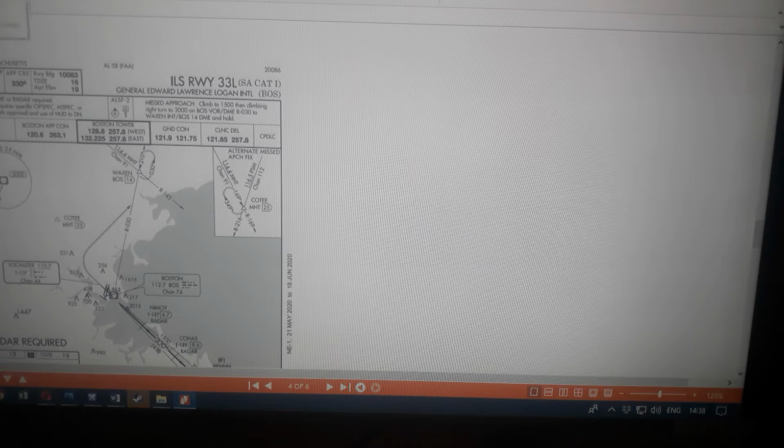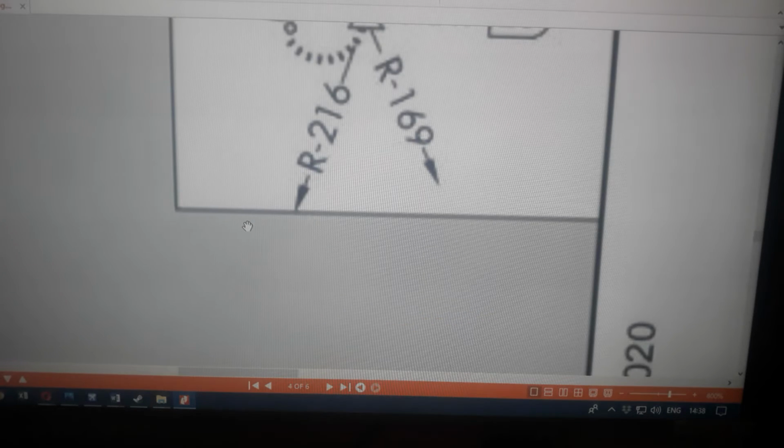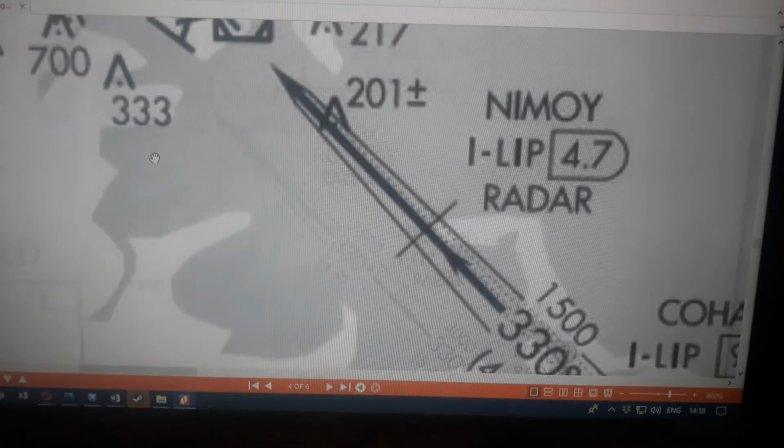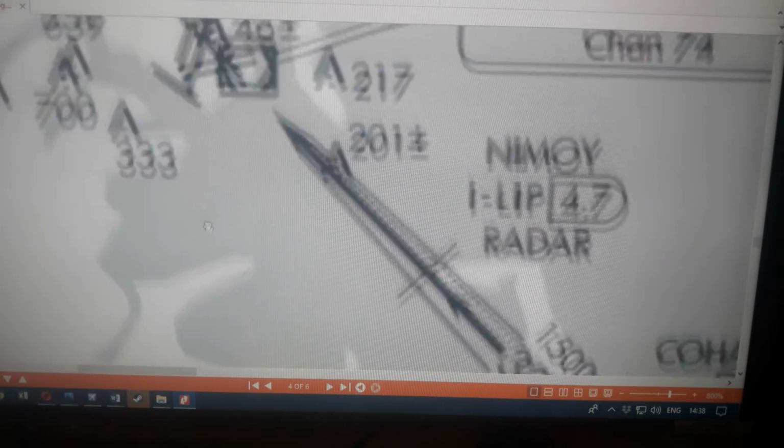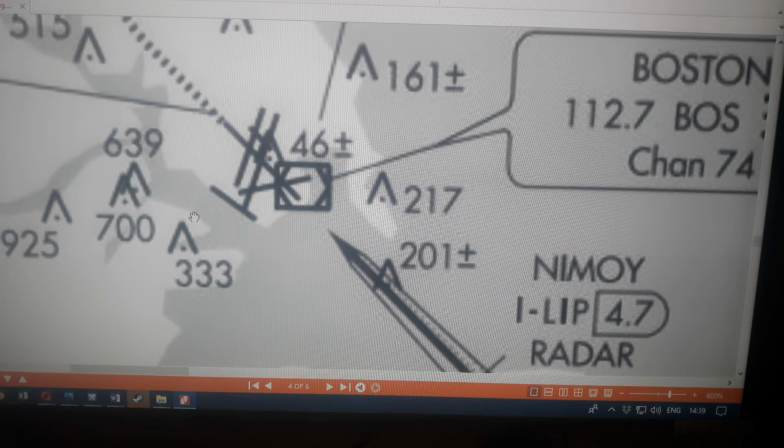I will expand it a little bit. How we look at that. Now this is the 33 runway. That is 330, this is the 330 heading. Now this is 90, 180, 270, 330, 360. So this is 330. If you want to expand a little more. Okay, this is the 330. Okay, this is too much.